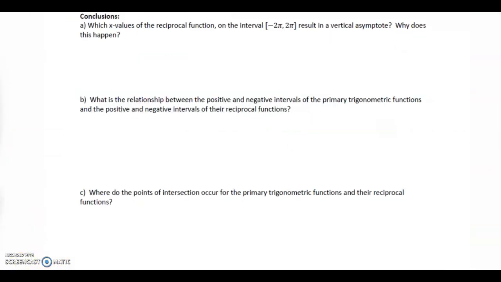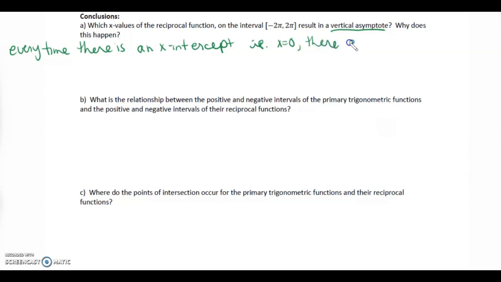So conclusions. Which x values of the reciprocal function on the interval negative 2π to 2π result in a vertical asymptote? Okay, and why does this happen? So I'm going to actually answer this generally. So every time there is an x-intercept, i.e. for example, I'm going to demonstrate x equals 0, there exists a vertical asymptote in the reciprocal,